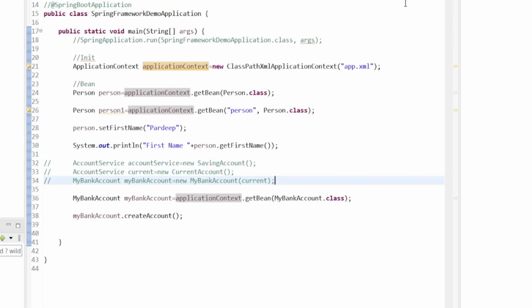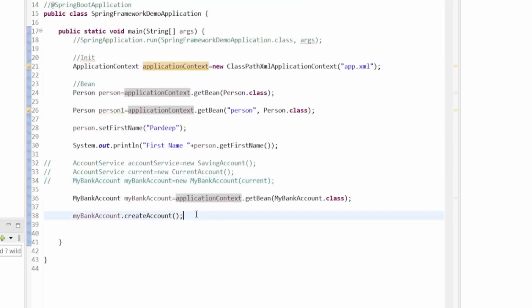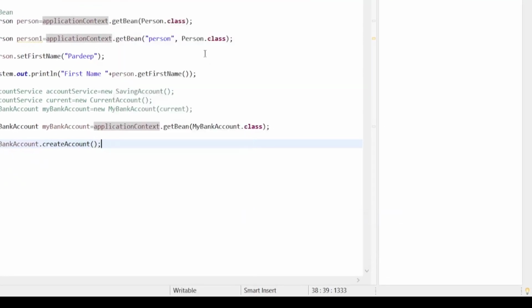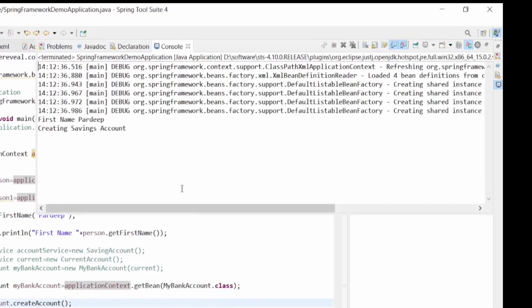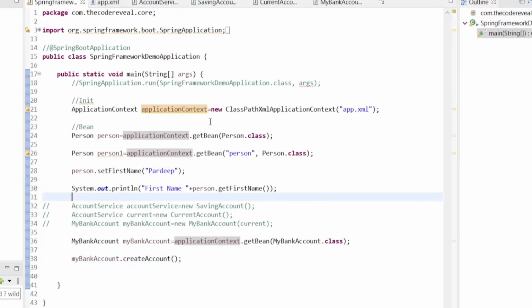Now if you pass the saving account here, let's run the application. It's printing creating saving account. This is the dependency injection for the constructor based.